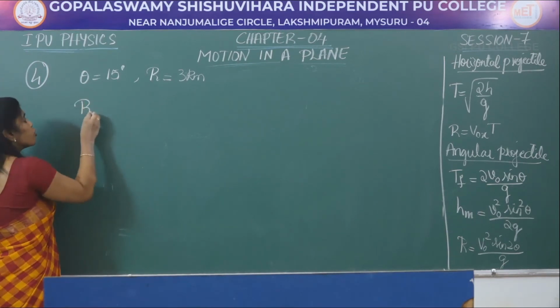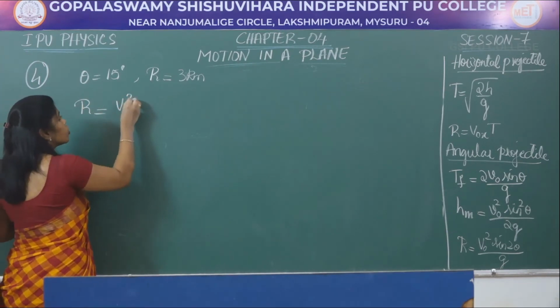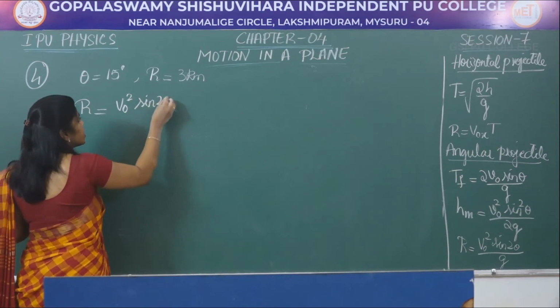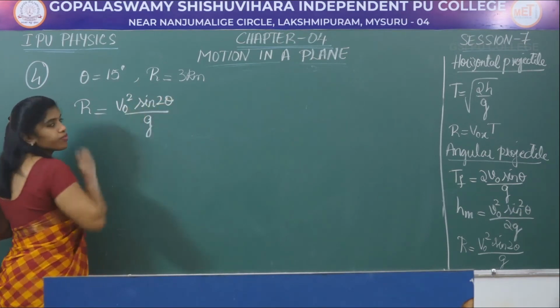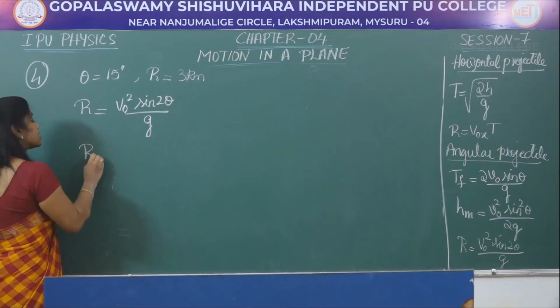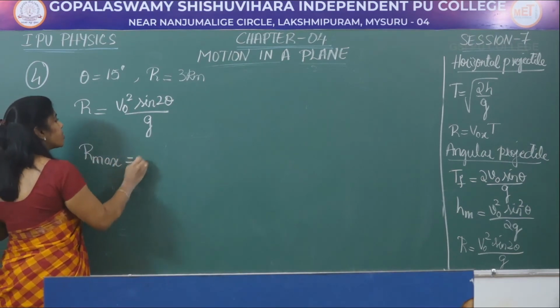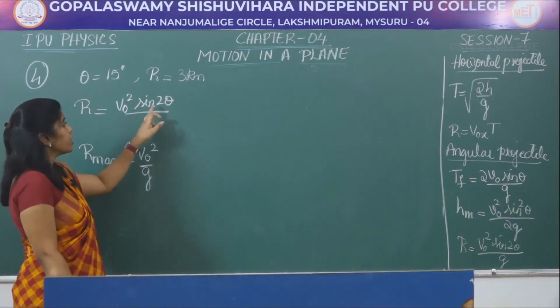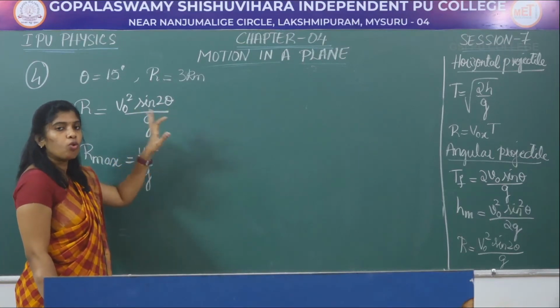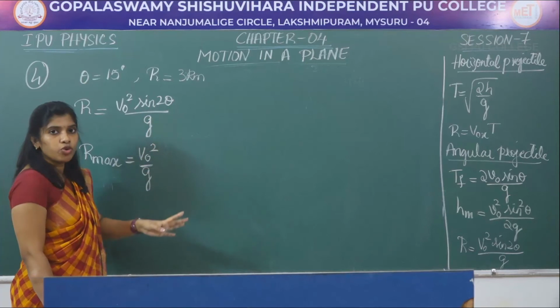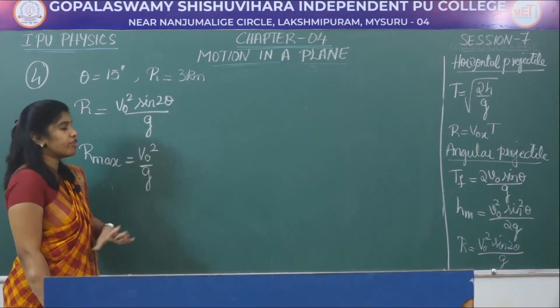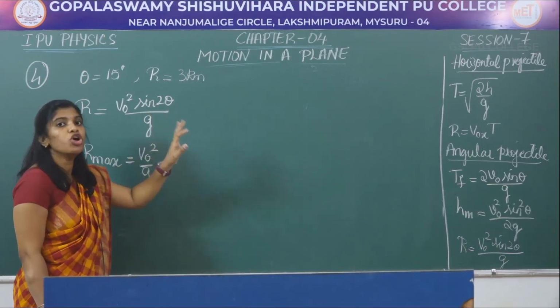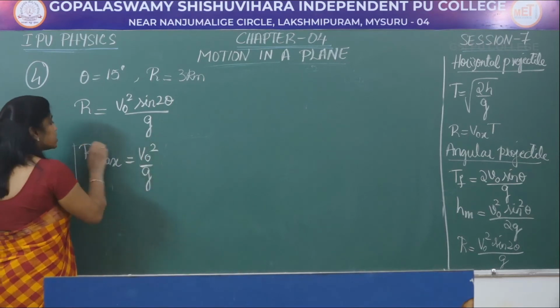What is the formula for range? It is given by V naught square sine 2θ by G. What is the maximum range formula? Maximum range is V naught square by G. That is because sine 2θ should become equal to 1. When is sine 2θ equal to 1? When θ becomes equal to 45 degrees, sine 2θ becomes equal to 1, and this is the maximum range